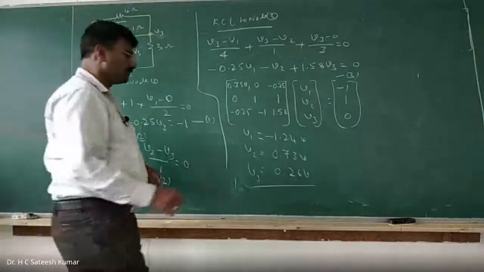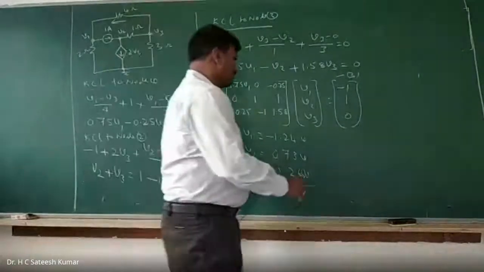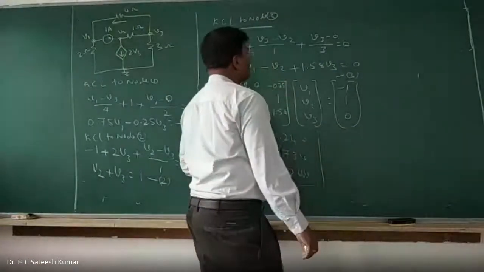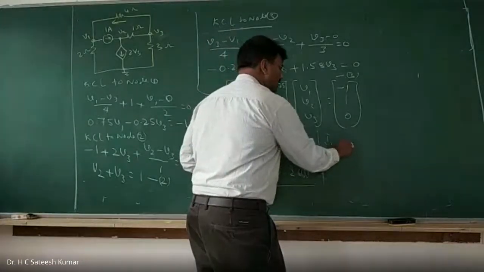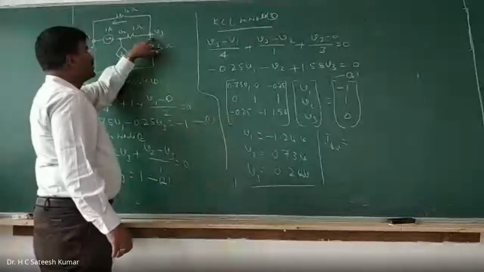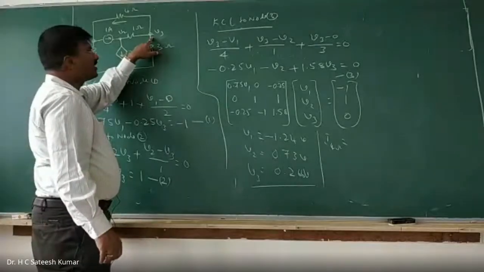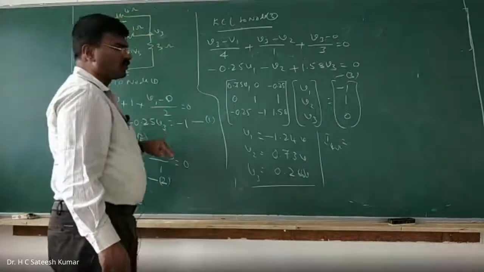$266, no? 267. You can write it as 267. Okay, right. Now, what is it that we have? Find the current in 4 ohms. I in 4 ohms, he is asking. I in 4 ohms is nothing but, in this direction, this should be at higher potential. Therefore, current is nothing but voltage difference divided by the resistance. Voltage difference is V3 minus V1 divided by 4.